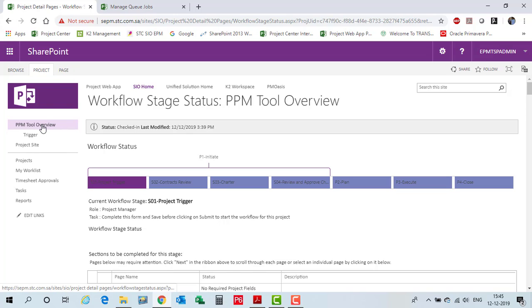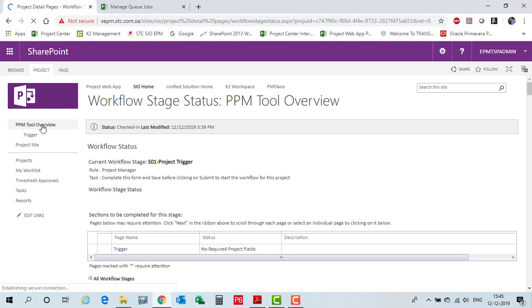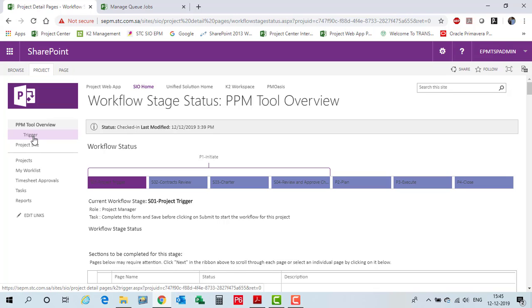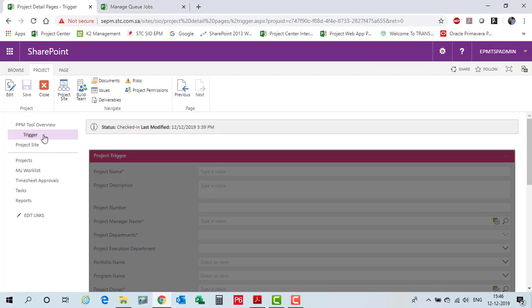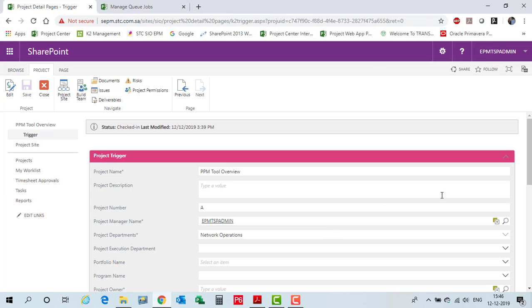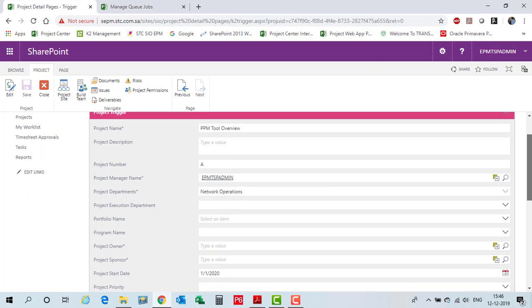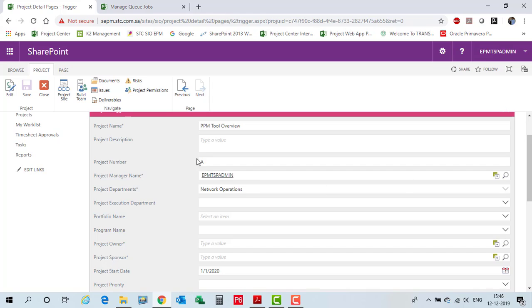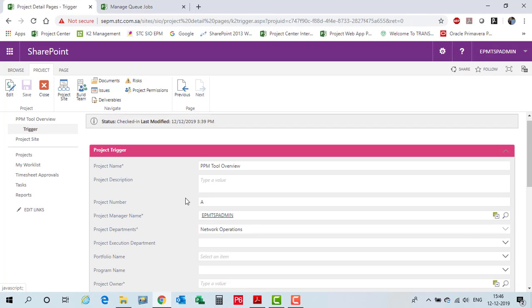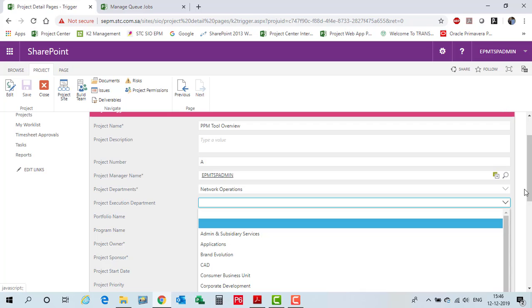Here when you click on the project, we can see the trigger is the first stage. For each stage, let's access the stage and see what is in it. Please click on the project trigger so that we get a trigger page here, and all the info that we have given in the project registration has come here. And here is a department, so we may choose the project execution department here in the project trigger. So let's choose